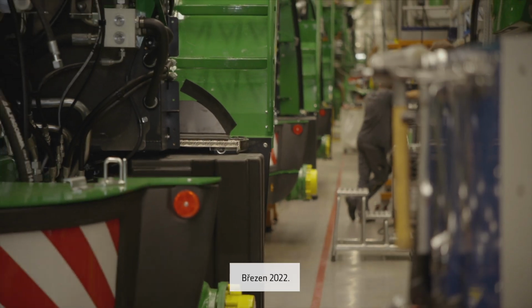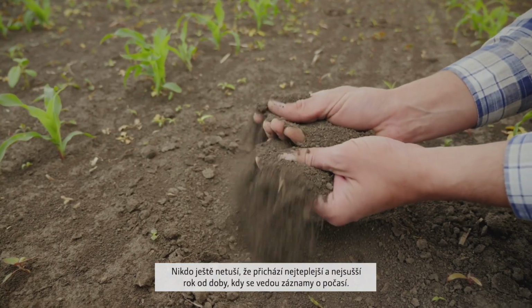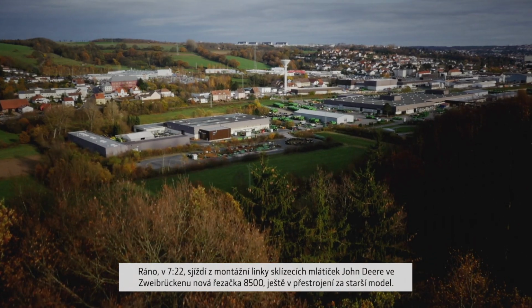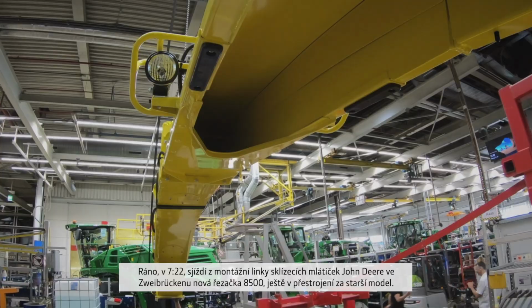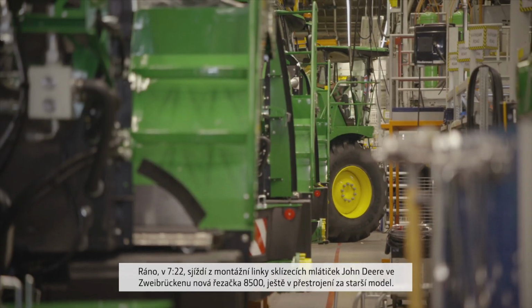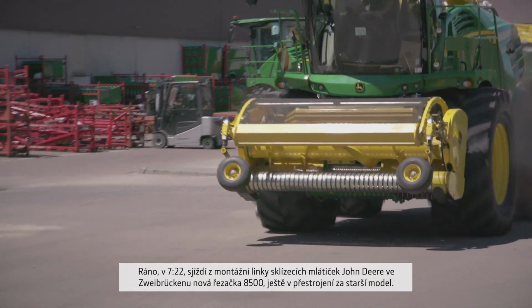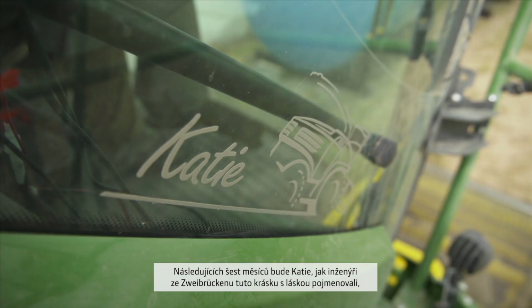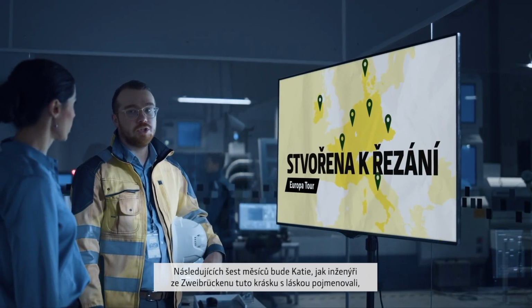March 2022. No one yet suspects that it will be the hottest and driest year since weather data was recorded. At 7:22 a.m., the new 8500, still well camouflaged in its old styling, rolls off the John Deere forage harvester assembly line in Zweibrücken. Over the next 6 months, Katie, as the Zweibrücken engineers have affectionately named the machine, will